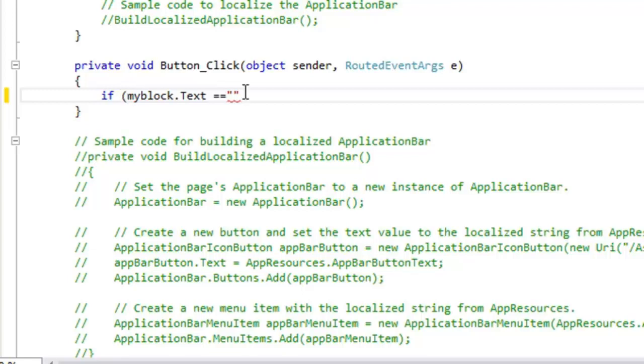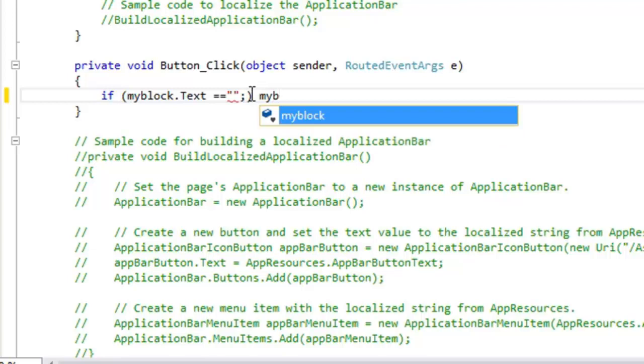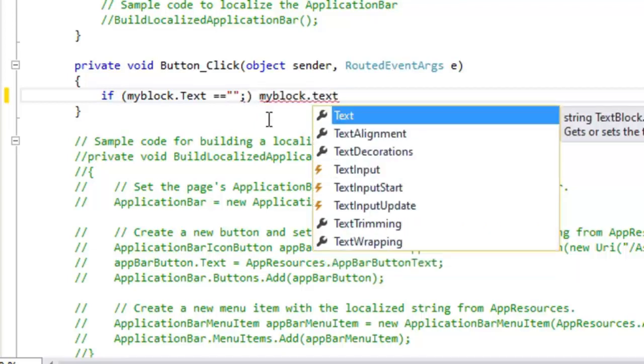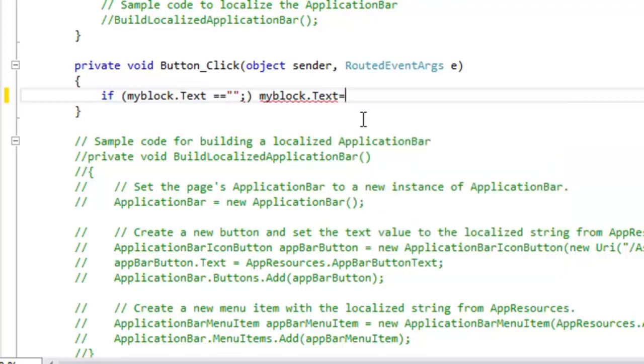Here we have to put the brackets. Then my block dot text equals to hello world.